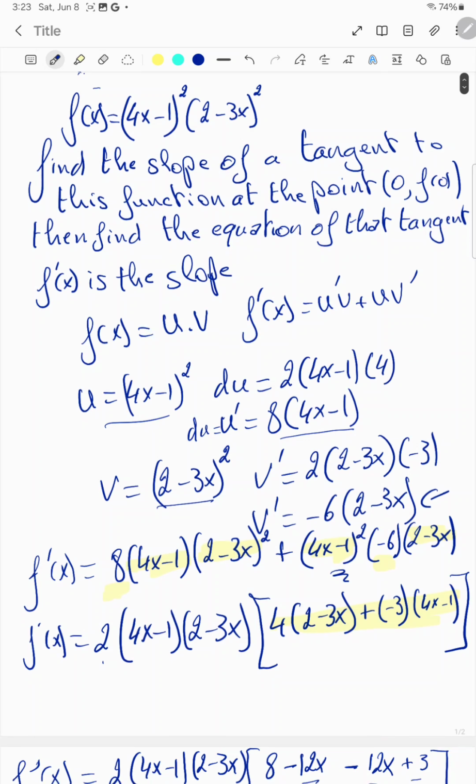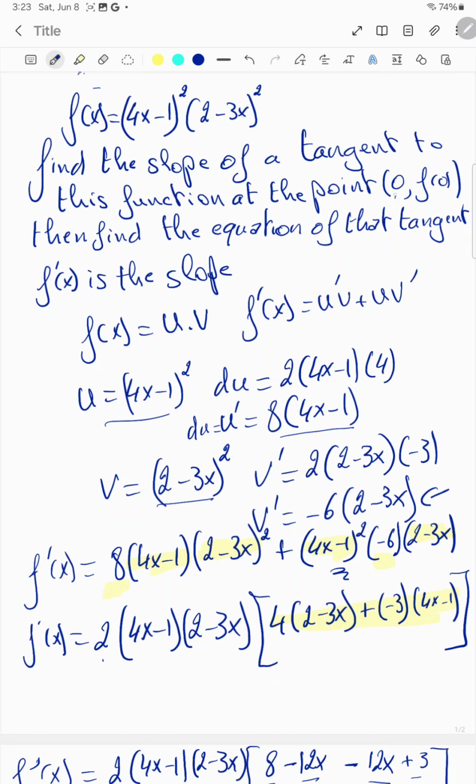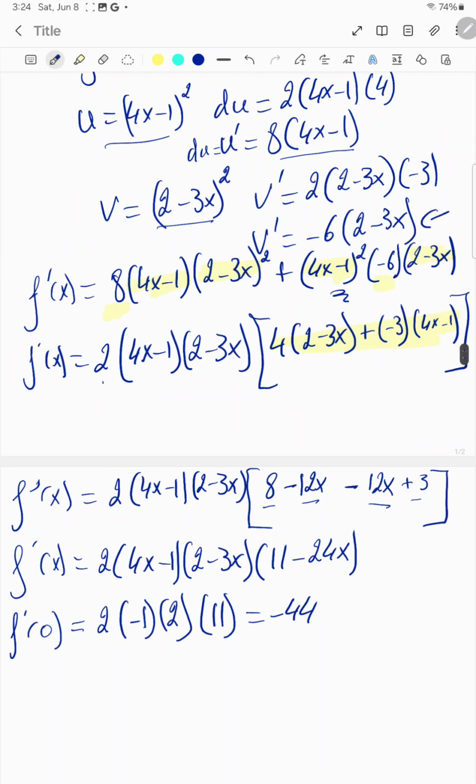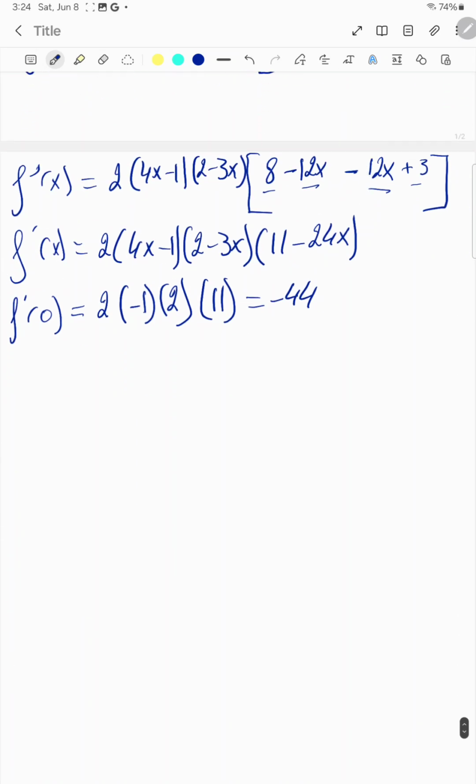But if you remember, at the end, we want to study the slope at the point 0, f of 0. So for f prime of 0, all I have to do is replace my x by 0. It becomes 2 times (4 times 0 is 0, minus 1 is minus 1) times (2, since 3 times 0 is 0, so 2 minus 0) times (11 minus 24 times 0, which is 0). So 2 times 2 is 4, times minus 1 is minus 4, minus 4 times 11 is minus 44. So I know f prime of 0 is my slope,